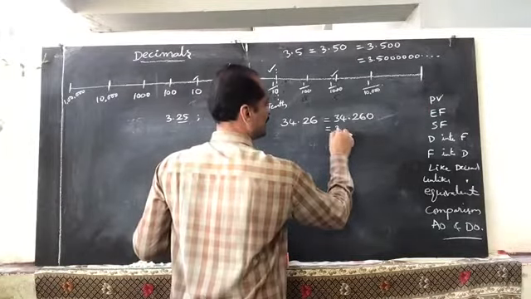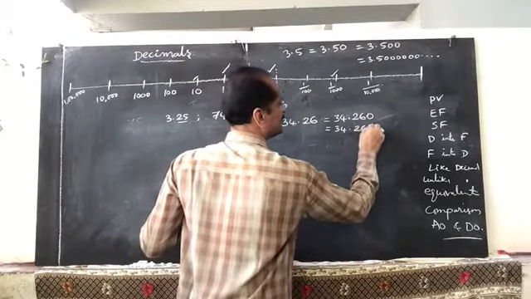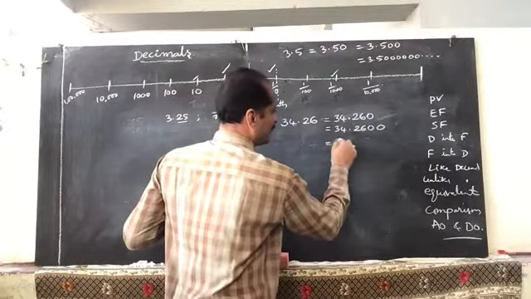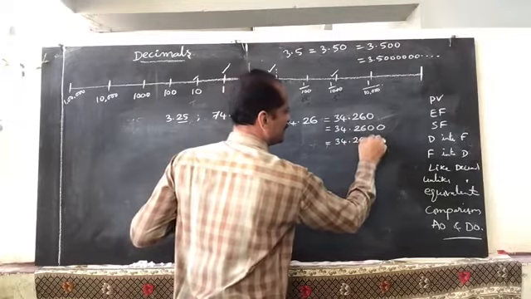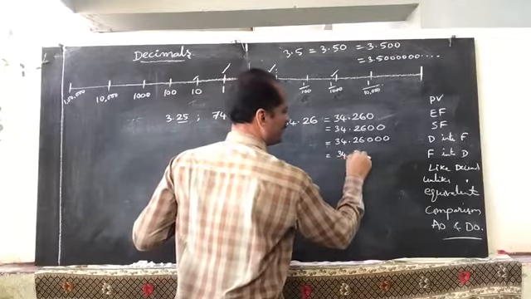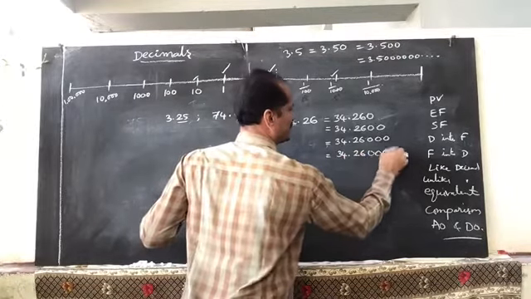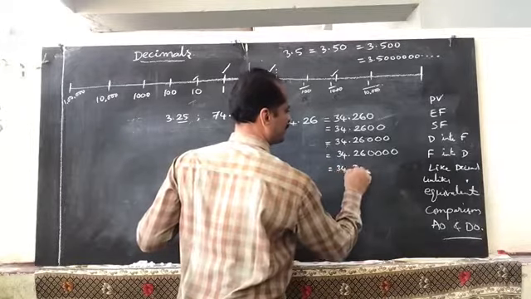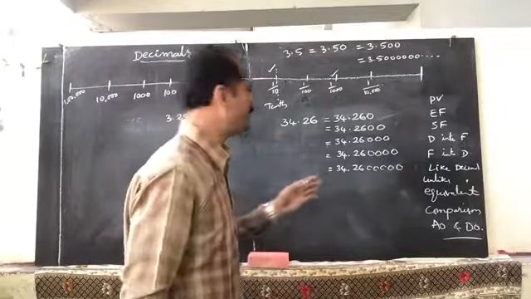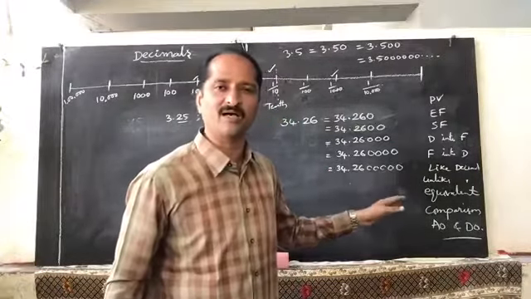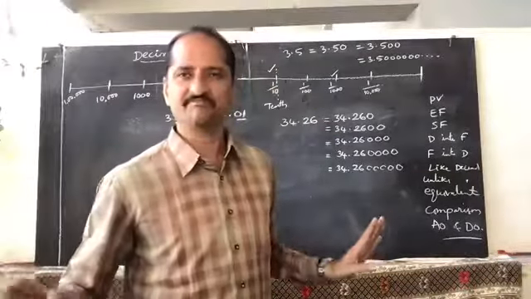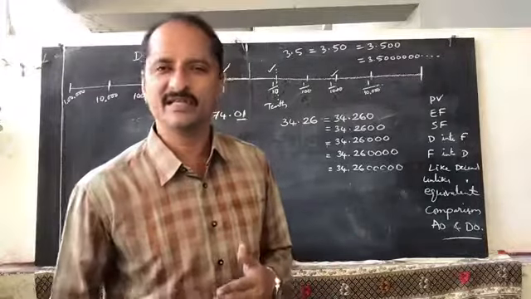So here also 34.2600 also you can write, no problem. If you are writing the same one, 34.26000, that means 3 zeros, 2 zeros, 1 zero. In the same way, 34.260 you write. And in the same way, 34.2600 you write. So like that, if you are placing any number of zeros after the decimal part, the value does not change. All these decimals are same. So these are called equivalent decimals.